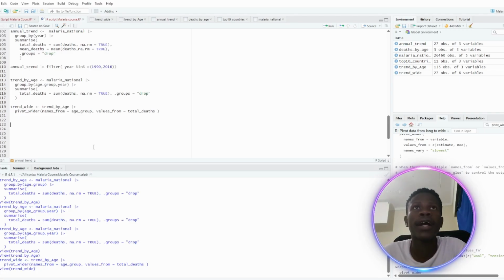There's a book I linked probably somewhere in the resources, so make sure you check it out. It gives really good examples of when to use the pivot wider function. But for now, yeah, so